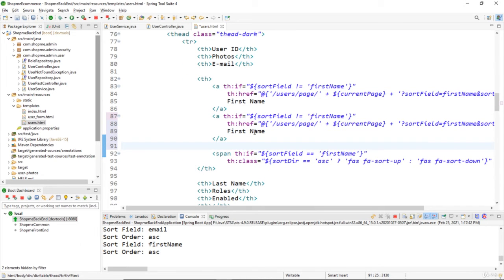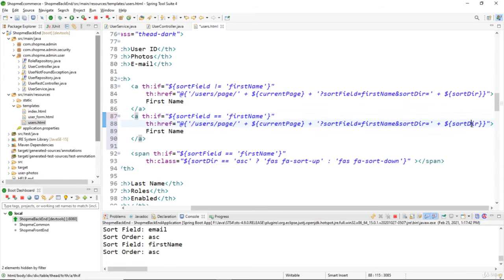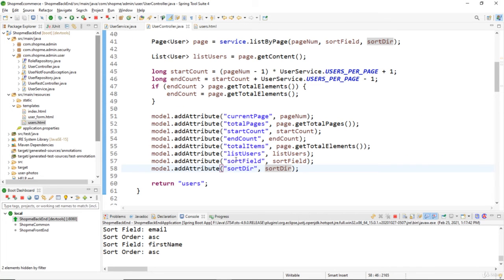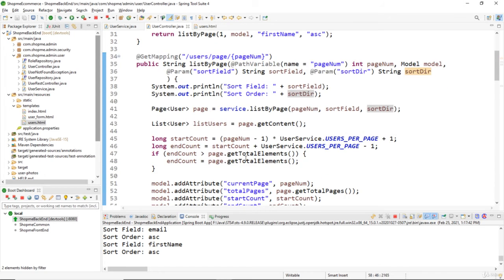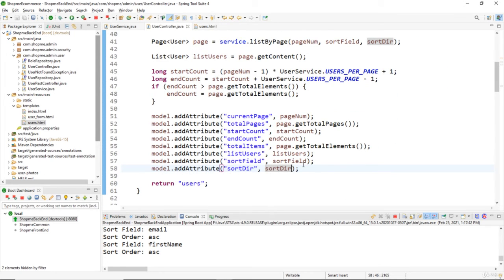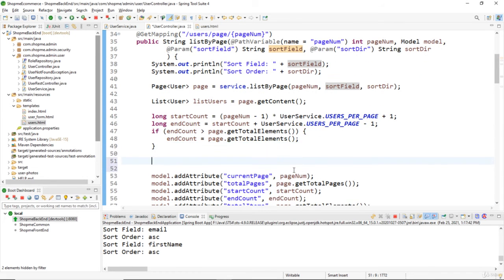Here, in case the sort field equals this column, then the sort direction here should be the reverse. Okay, so in the controller we need to have another variable for the reverse sort order. String reverseSortDir equals